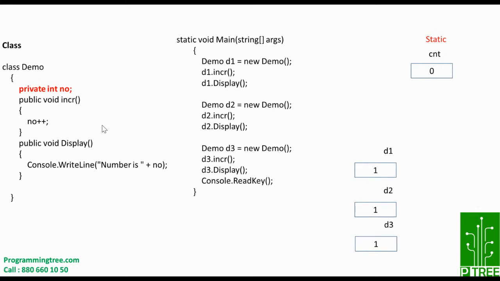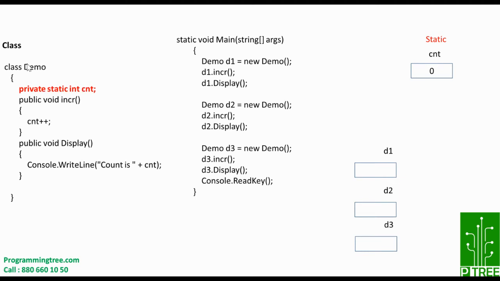Instead, if you declare a member variable as static, the static member has a class level declaration. So static is not an instance specific member. Static is a class related member. So that's why a static member will be declared somewhere else. And for each instance of that particular class, it will have a single memory location, and every instance can access this static value. Let's see with an example.